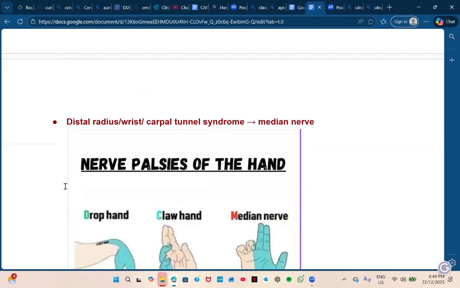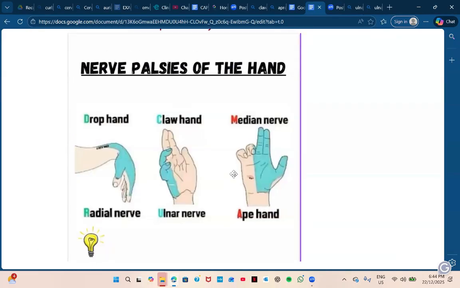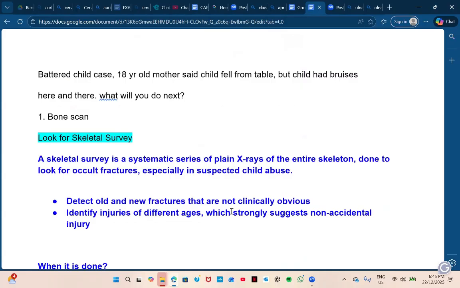Just remember the types of hand: the drop hand, the claw hand, the ape hand, and the nerve damage. And you have to remember the fractures and the nerve damages. Please remember these things. Make a short note or summary and put it somewhere you can see it every day, otherwise you are going to forget. The nerve injury part you need to memorize clearly. So the next one is